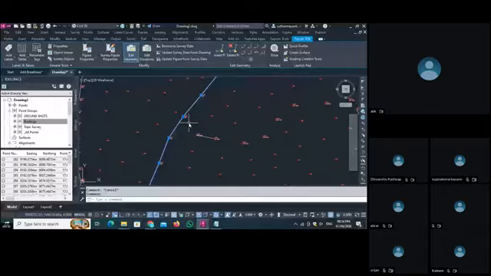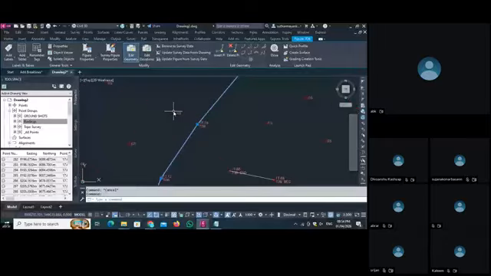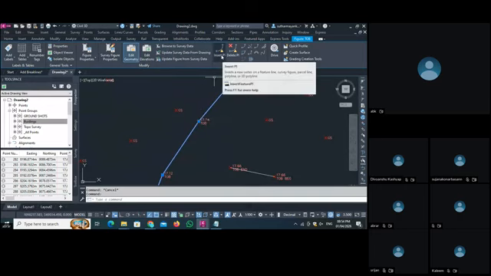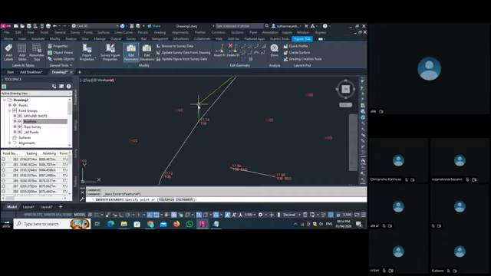Sometimes they make a mistake in selecting a point. This is the point which should come here, but they left this point. So to add this point, you have to insert PI,